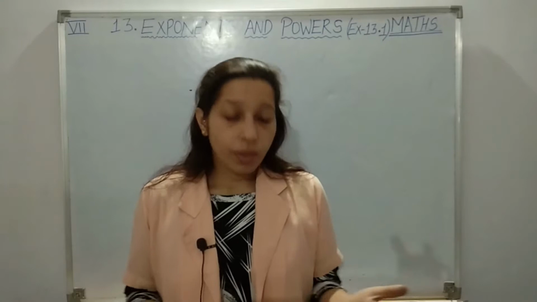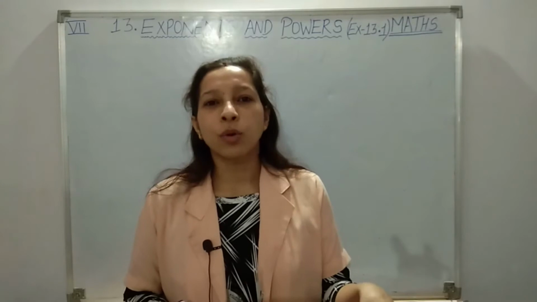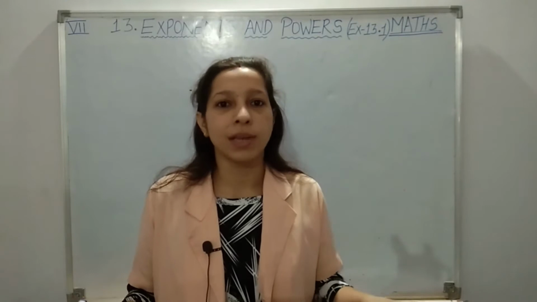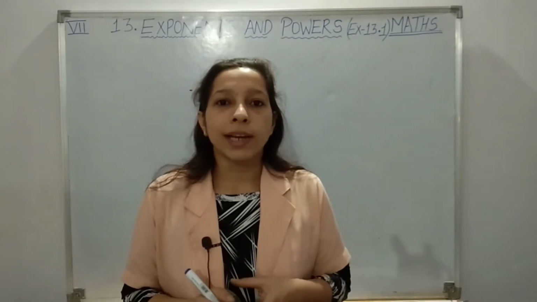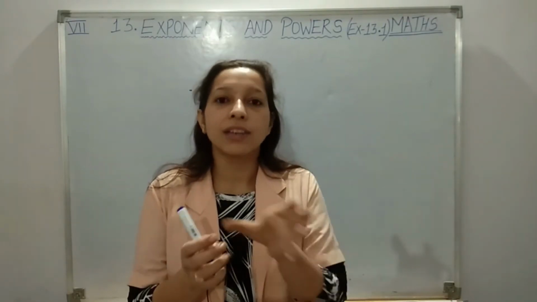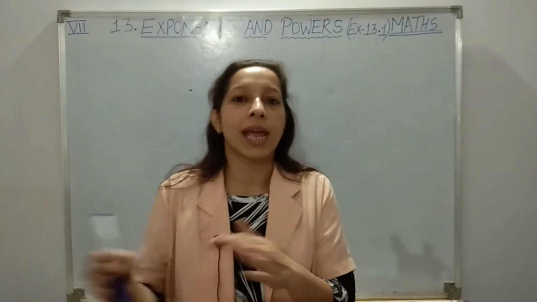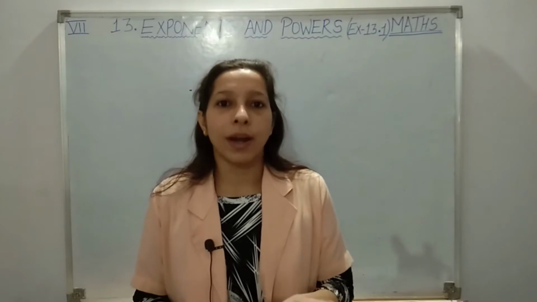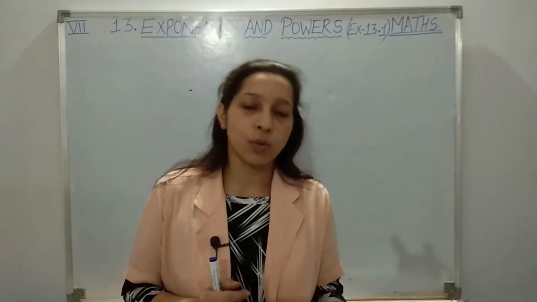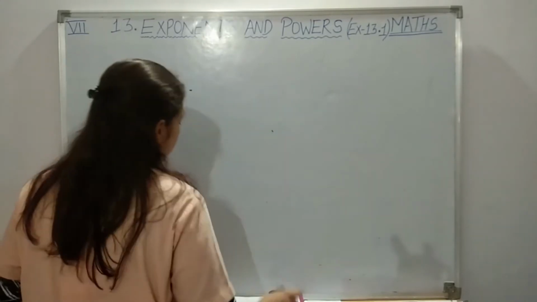See students, sometimes we have to deal with very large numbers, which are hard to read, understand and compare. If we want to compare between two very large numbers, it is a little bit difficult. So what we can do is shorten those numbers. That short form is known as the exponential form. Using exponents, we can make a very large number into a small number, which is again easy to understand, read and compare.